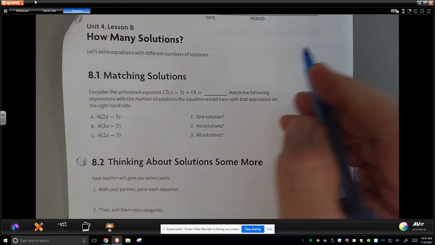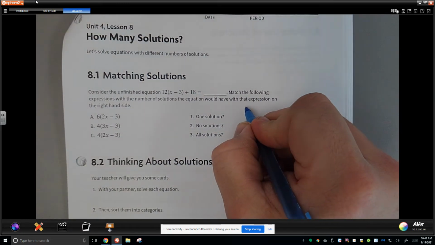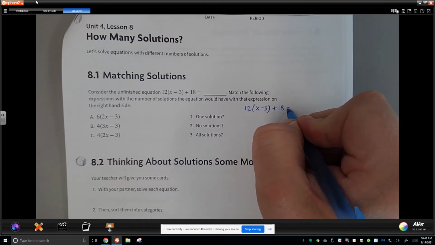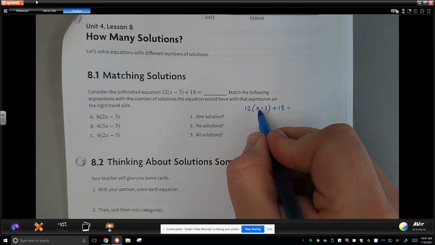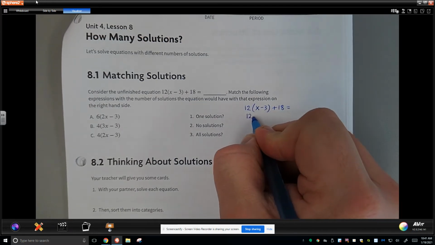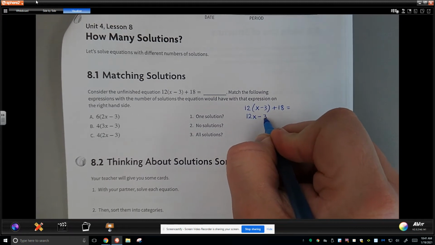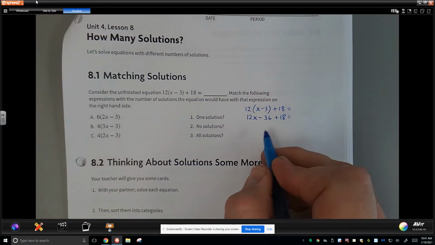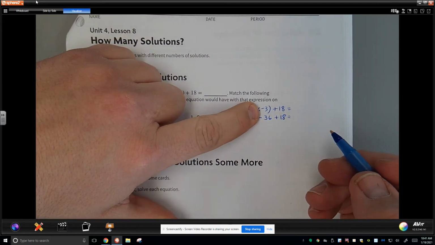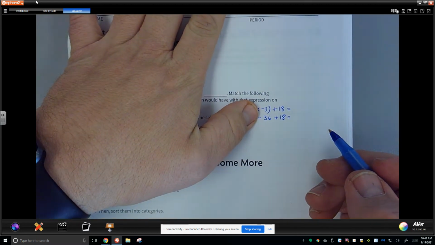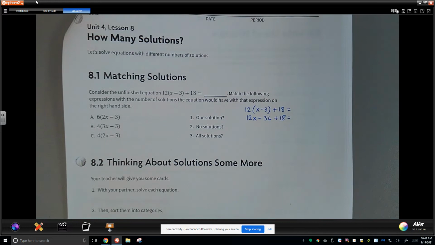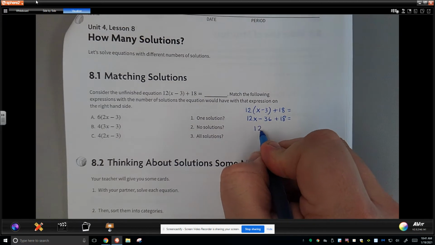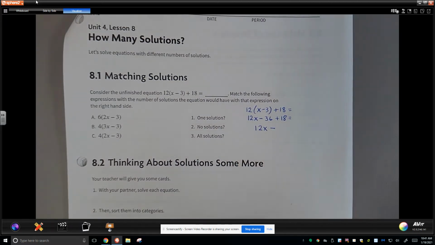And so I'm going to take this expression right here and simplify it. So we have 12 times the difference of x and 3, and then we add 18 to it. If I go ahead and use the distributive property, this will be 12 times x, and then 12 times 3. So this would be minus 36, and then we would add 18. If I just simply cover up the 12 times x, I see that that is a minus 36. And so when we talk about a negative 36 and a positive 18, we are actually going to make that a much smaller number. We'll have 12 times x minus,